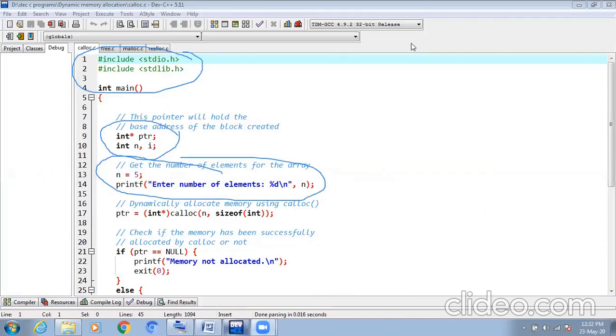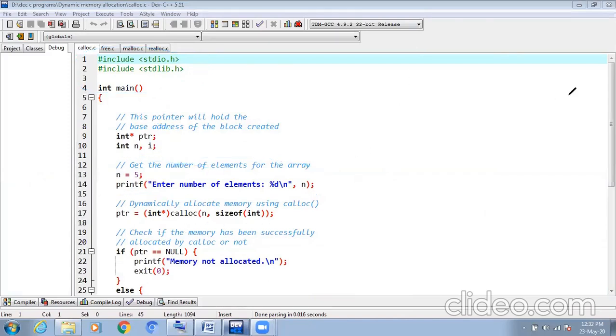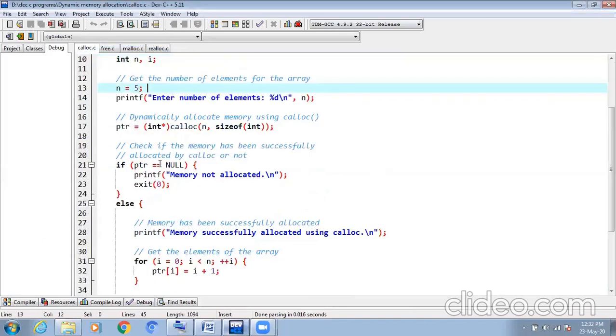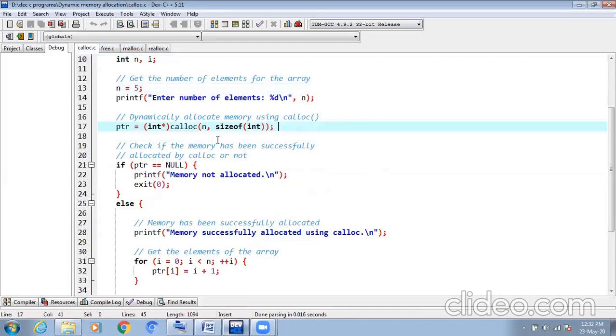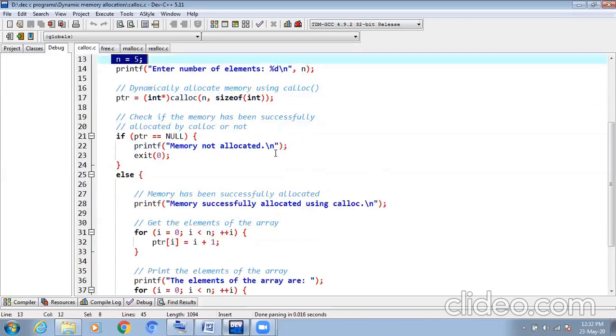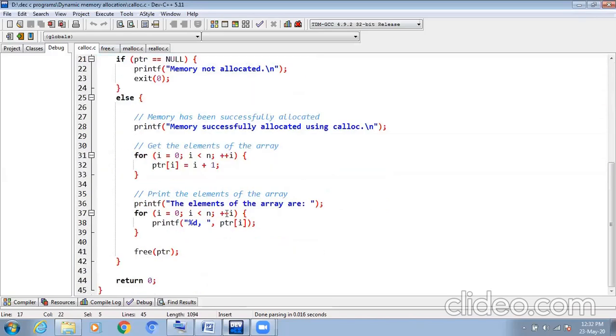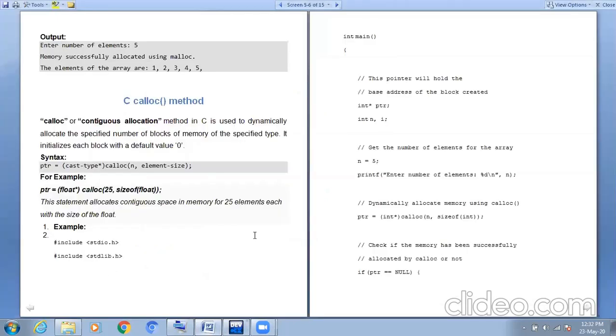Here we have used the calloc function for allocating the memory dynamically. Otherwise what we have discussed in the malloc function is the same, and the for loop is same, and the output for loop is same, and the free is same.